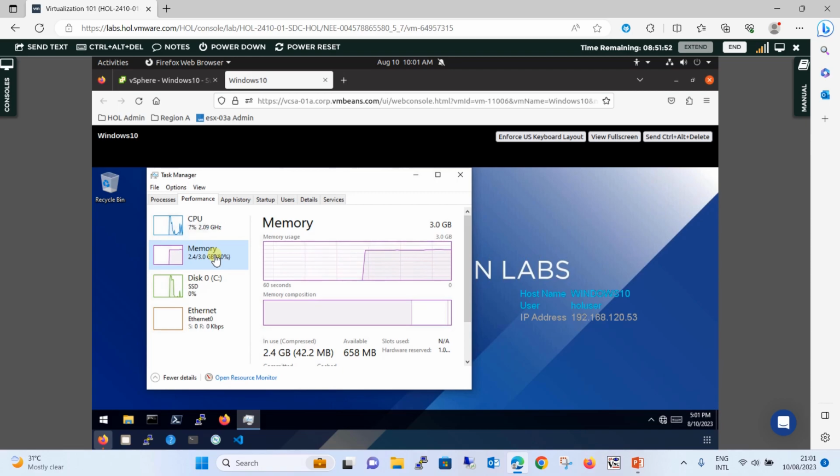So the hot add memory feature is supported, but the hot add CPU feature is not supported by Windows 10. Now the question will come to your mind: which operating systems will support the hot add feature and which operating systems will not support the hot add feature? So to find this solution, what we have to do is